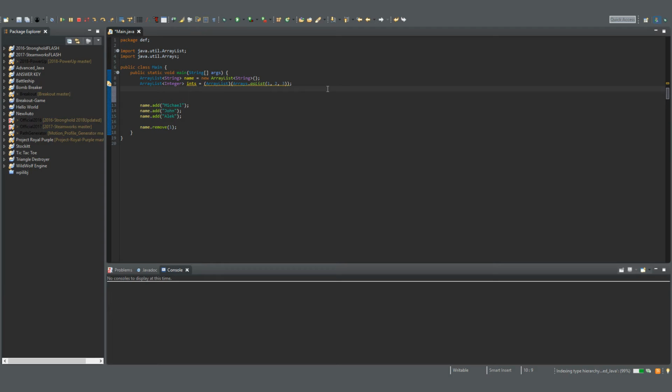Okay, you don't have to worry about that. All we have to do is make sure that they're actually being stored. So what we do is for int, except we can't do that. We have to do Integer i : ints. Let's do that same thing as the arrays, and we can just do System.out.println and type in i. And if we run it,